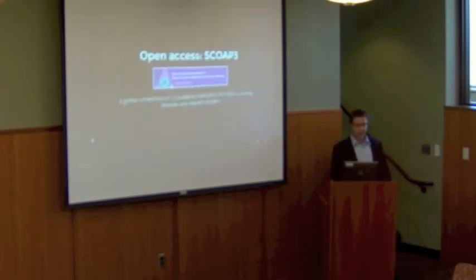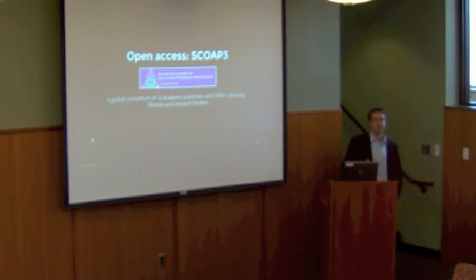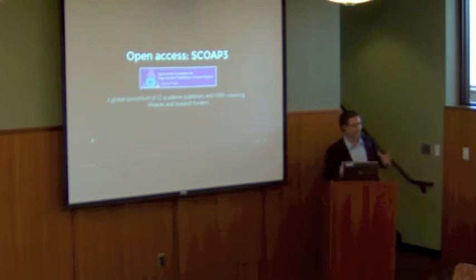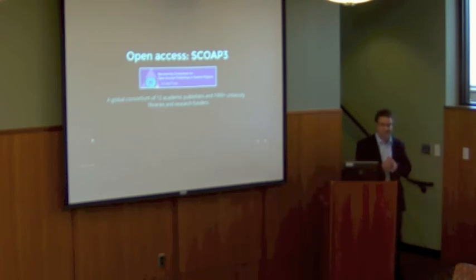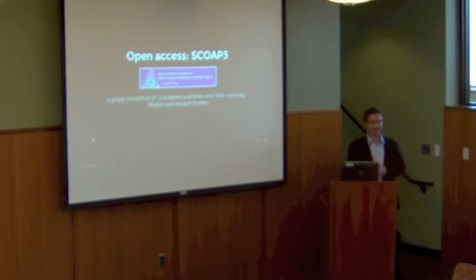So what I'm really interested in is models that invert the current copyright publishing industry model. I'll give you two examples in the open access space, and then we'll move on to some other examples. But the first one is Scope 3. So Scope 3 is a project led by CERN. CERN, the particle physics researchers, after building the Large Hadron Collider and proving the existence of the Higgs boson, decided to attempt something much more challenging and attempted to flip the scholarly publishing model to open